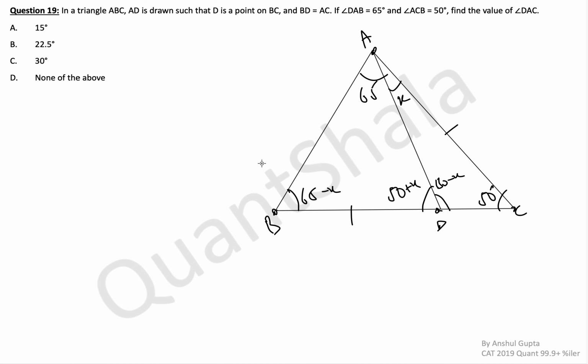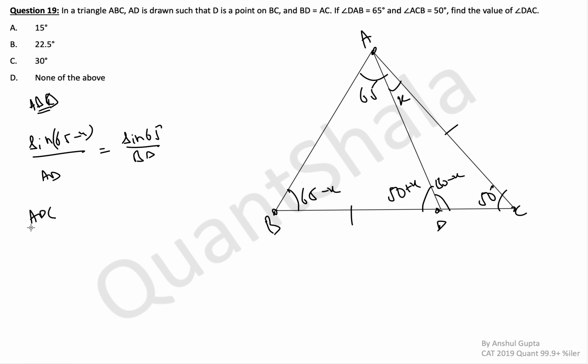Now the first thing that comes to my mind is that in these two separate triangles, one of the sides is equal and I have to find the angle. So there is a sine rule which relates sides and angles, and I can relate these two triangles because two sides are common. One is BD equal to AC and the other is AD, which is coincidentally common. So let's apply the sine rule to these sides. In triangle ABD, you get sine(65 minus x) divided by AD is equal to sine 65 divided by BD.